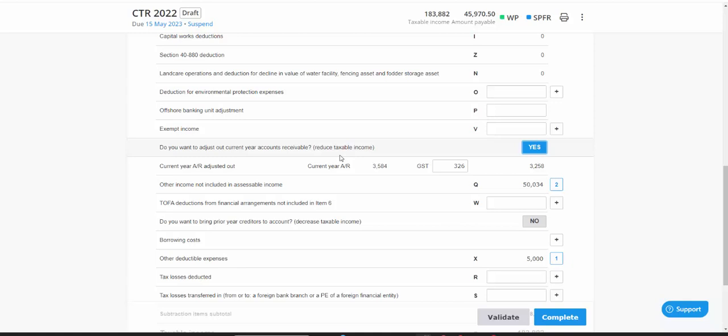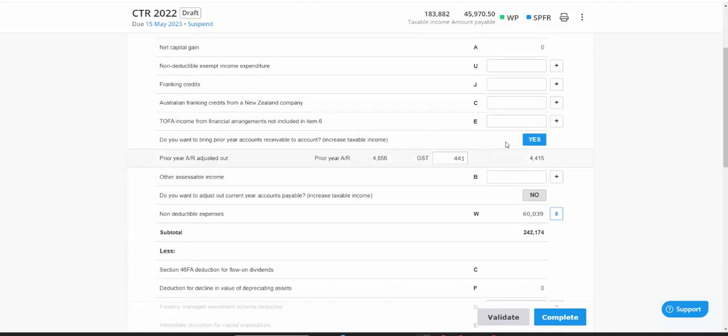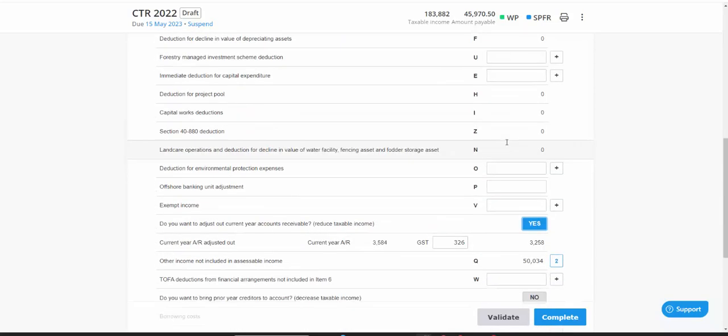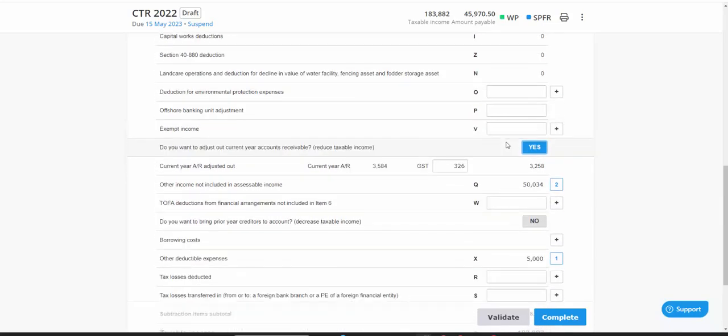I'm excluding out the accounts receivable value, which will reduce my taxable income. But don't forget, I'm also factoring for the GST associated with that accounts receivable value. So the previous year I bring the cash in, the cash value in, and for the current year I exclude